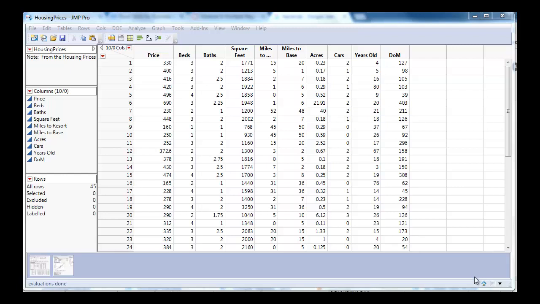In this video, I will show what happens in stepwise regression. We're going to remove non-significant variables from a multiple regression model one by one based on the significance level. Using the housing prices file,